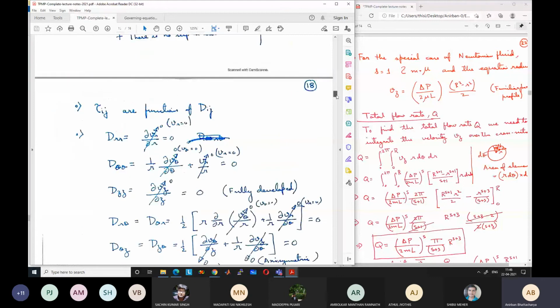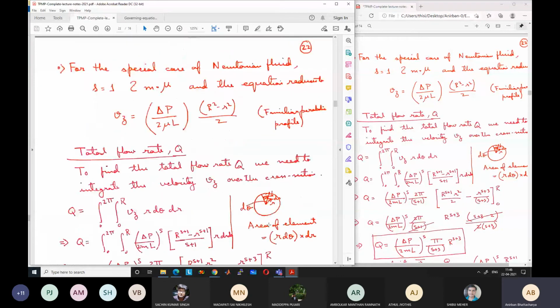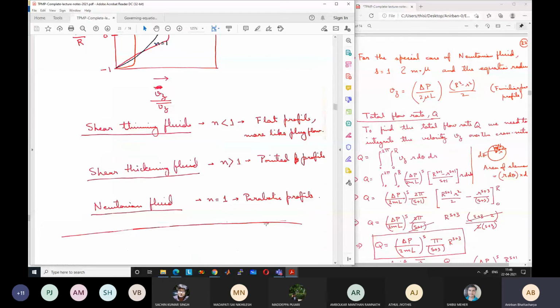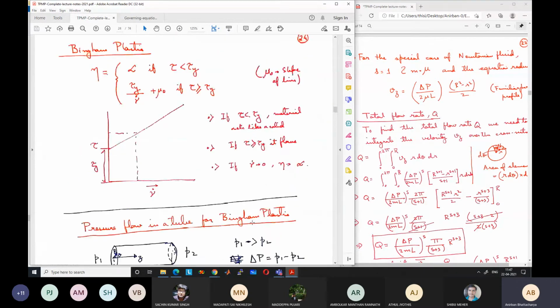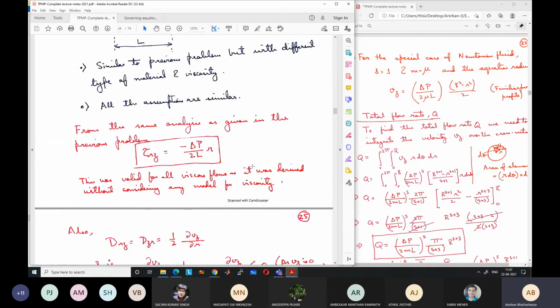Please go through this material. We have studied three problems. One is flow between parallel flat plates, and two for flow between cylinders. One for power law fluid, one for Bingham plastic. You can expect similar type of problems. Means there may or may not be similar type of problems in the exam. So if there is a problem similar to this, you have to take suitable assumptions and then solve the problems as we have shown here.